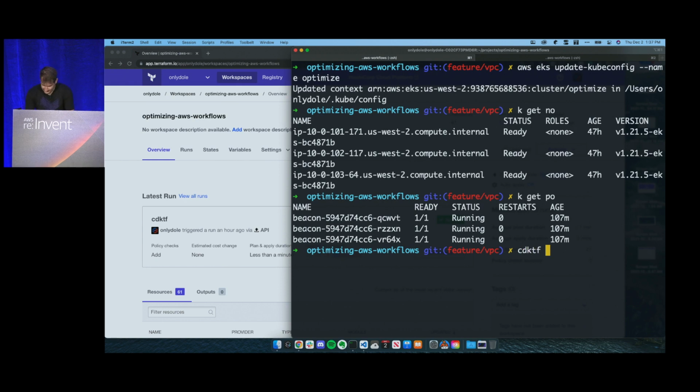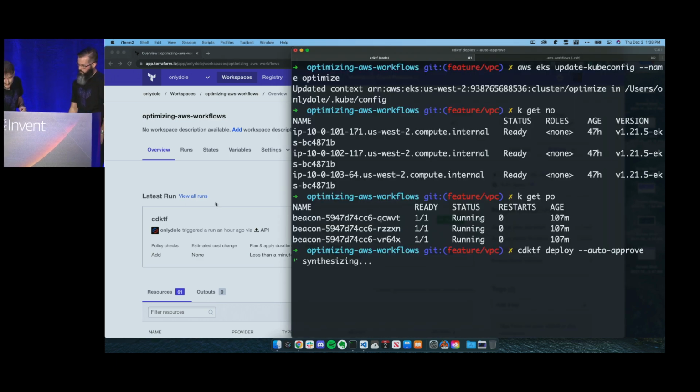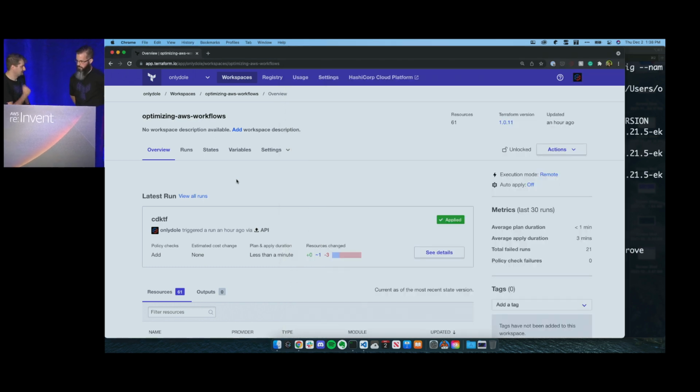So I'm actually going to kick this off. I'm going to turn over to Kyle to talk through Terraform Cloud and some of the niceties that gives you, as it synthesizes, plans, and then applies everything as well. So I'll go ahead and do that. I'll shift this over, and you'll see that running in the background there. Make sure this gets kicked off. Might take a second, too, with Wi-Fi, but I'll take a look here. Cool. Turn it over to you.